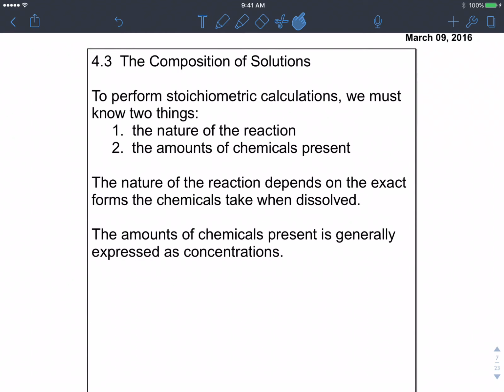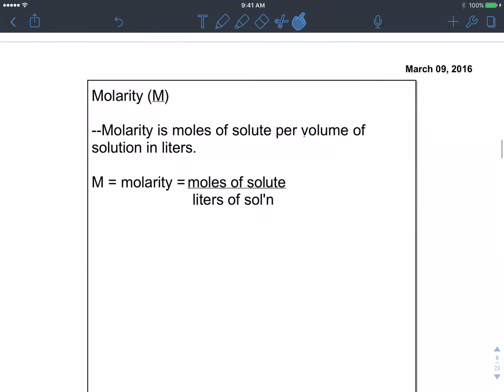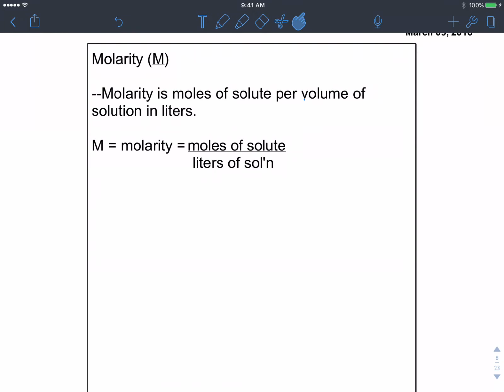The amounts of chemicals present is generally expressed as a concentration. So think about, oh, this is strong coffee, this is weak coffee. We're talking about the concentration of the coffee or of the solute that's dissolved in the solution. So in science, we have a special way of measuring this, and that is something called molarity. Molarity is moles of solute per volume of solution in liters, and it takes on this form. We have moles, we have liters. It is actually just a simple equation,